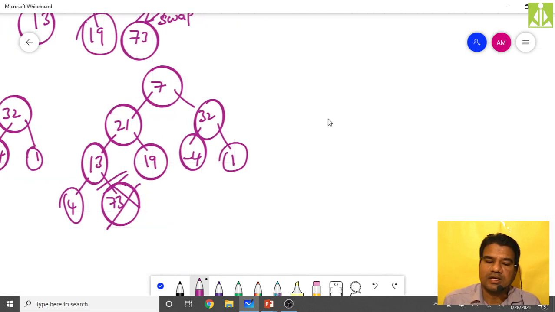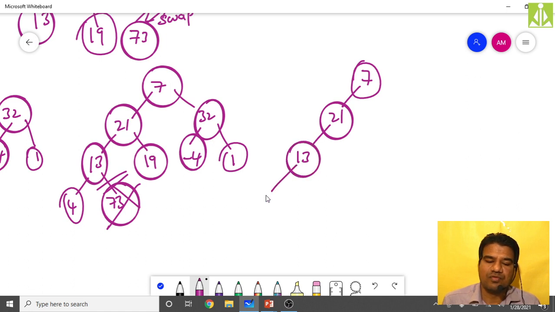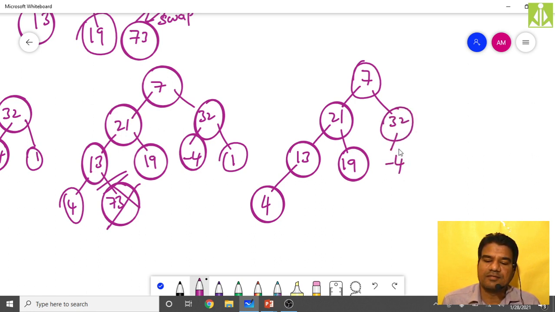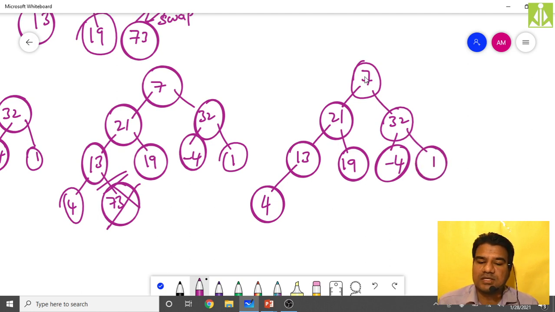After deleting, yes, 7 we have, then 21 we have, then 13 we have, then 4 we have over here, then 19 we have, then 32 we have, then -4 we have, then 1 we have. See, after doing like this, now you have the smallest node, I mean 7 node, at